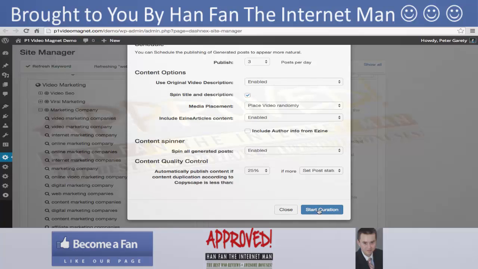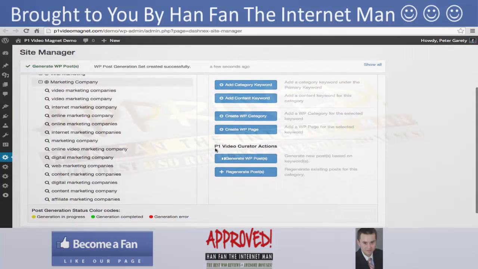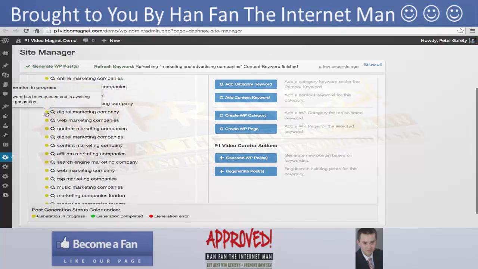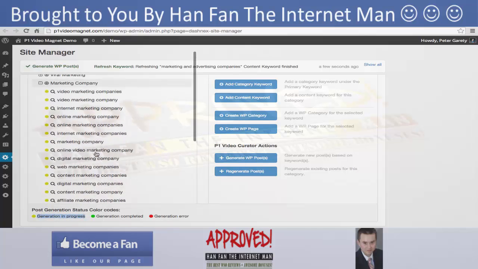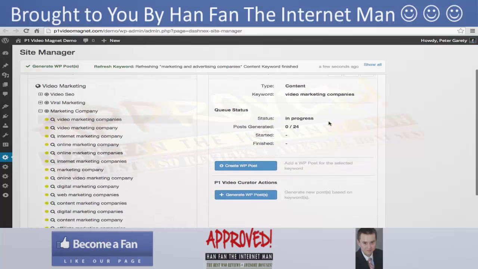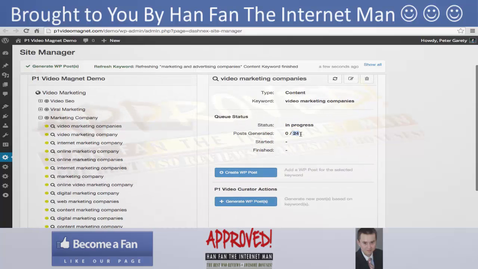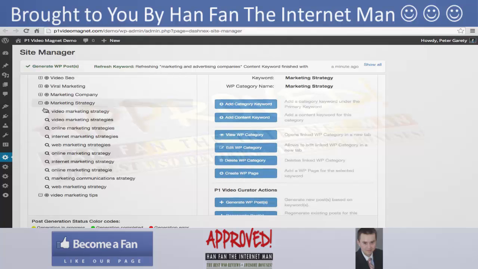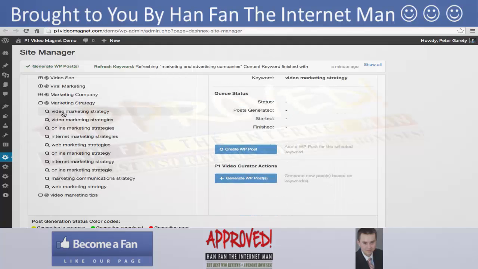So let me just click this button right now, start curation, and as you can see, it's going automatically to curation. And here's the status update. What the status update says, as you can see, there is a yellow button. It says that generation is in progress, and it's going to be queued automatically, and every single day based on your schedule there will be posts showing up. And as you can see, it's in progress. 4 posts are in generation progress. So this is how you can add content to an entire category in seconds,